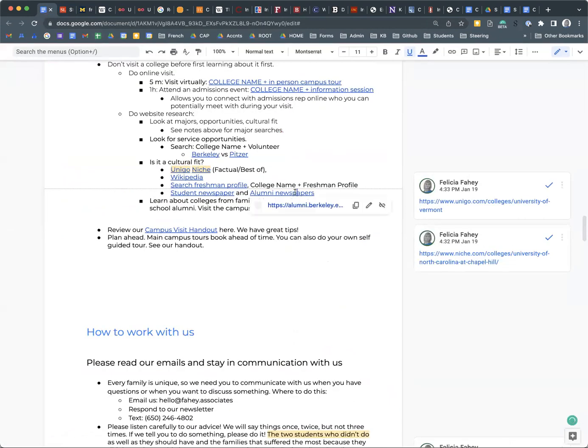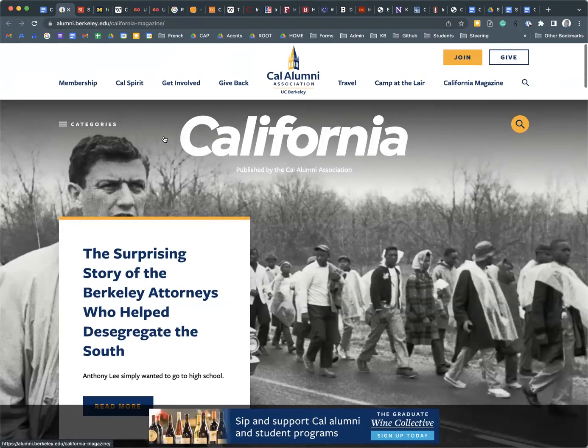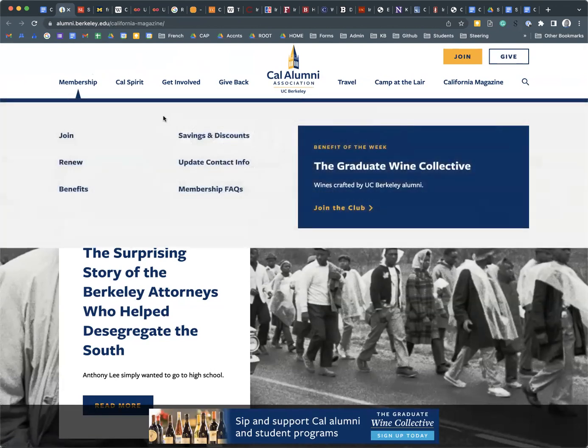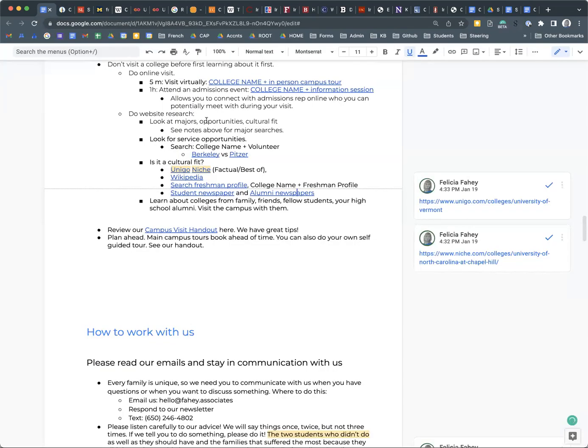And then the alumni newspaper gives you, and parents, you might be more interested in this, what's the state of the university? What are they focusing on? What's going well? These kinds of things. This is very high level, generally speaking. Sometimes they'll have a highlight on a faculty member who's done something really cool, had a breakthrough, or been given a prize. So that's always really interesting. It might be something that you end up writing about if that is exciting to you. So basically those are two other resources that you might be interested in.